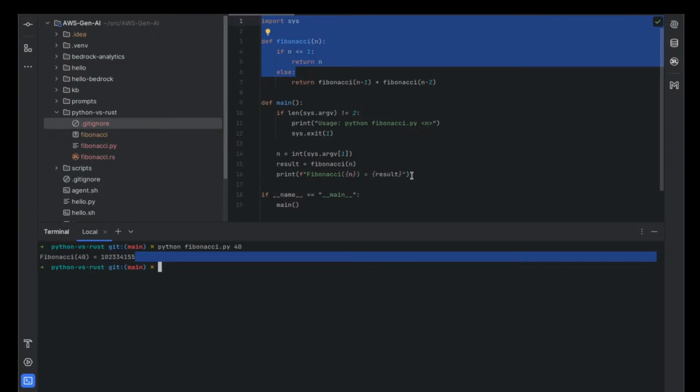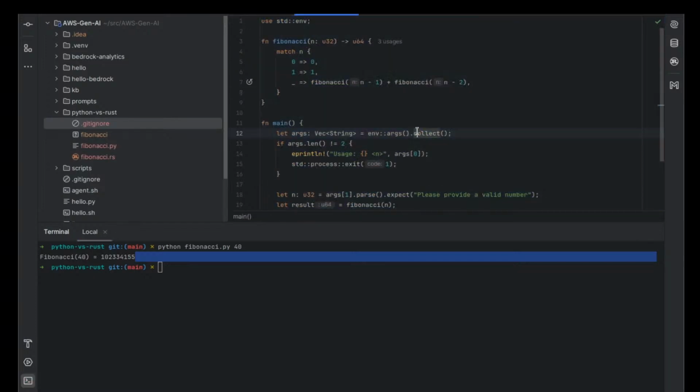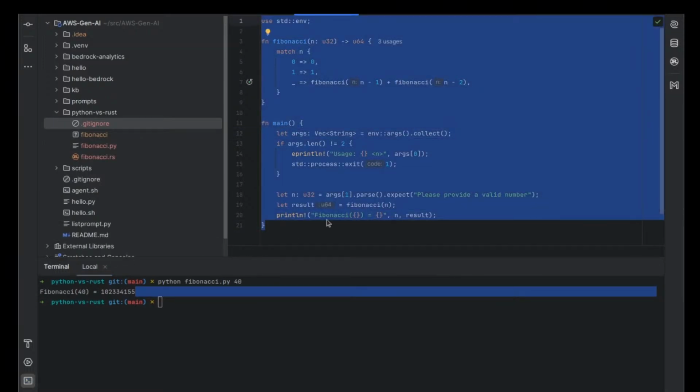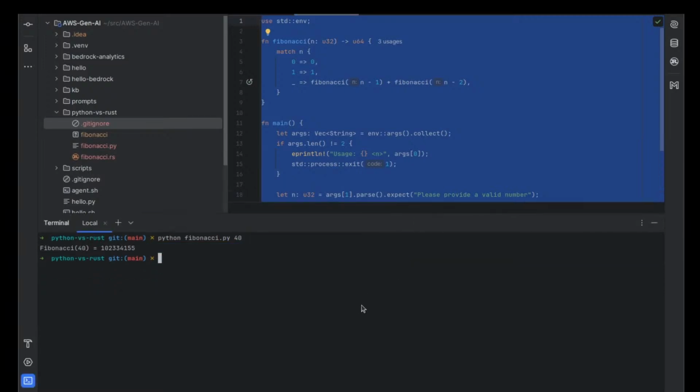At the same time here, if we go over to Rust and I take the code that was given to me from any kind of modern generative AI assistant, you can see it's able to build something that's very similar in style essentially, with maybe a little bit of difference because it's a compiled language. And then all I have to do is do rustc -O. So I want to optimize this so it creates a fast binary. And then I can just go here and I can do Fibonacci and I can do 40.